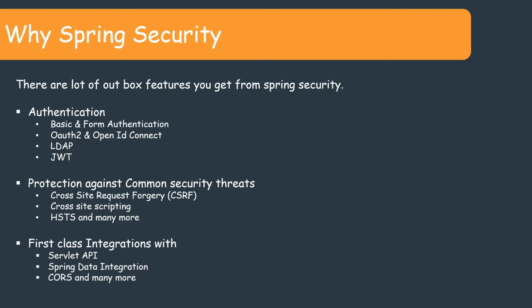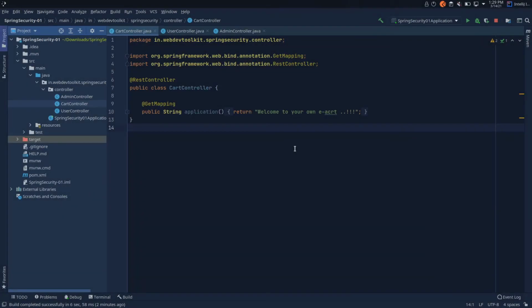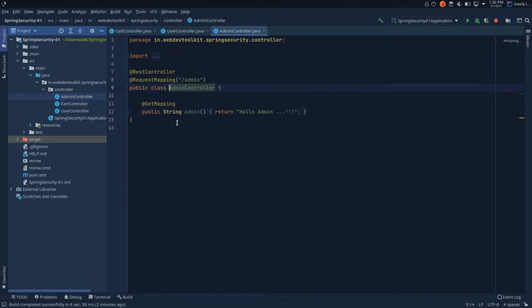Let's move to the lab to try hands-on. Let's use this sample project for our proof of concept. So the idea here is to create a shopping website which has three controllers. First is the cart controller, which will just give information about our application. Another one is the admin controller, which is currently just printing hello admin, but here all the admin related tasks will get added. And the user controller, where we are currently just printing hello user, but user related actions or APIs can be added over here.